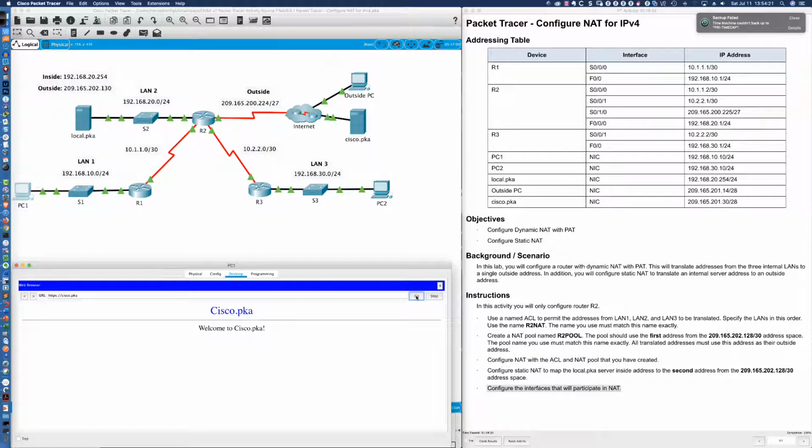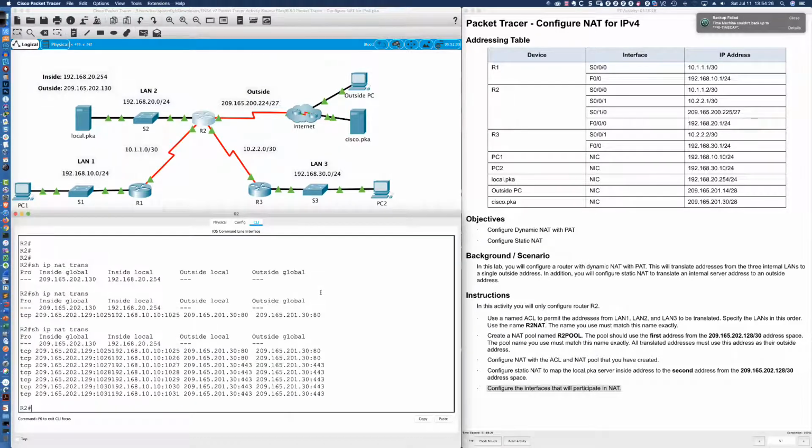And I can't tell if it's working or if we're just seeing the same page. So let's come up here and take a look. And sure enough, there it is, right? We end up with additional entries, and you may be looking at this thinking, wait a minute, that port number is way too big. But remember, that's the port numbers. It kind of runs together. The inside global column is running together with the inside local column. So you can see 1025, 26, 27, 28, 29, 30, 31. So there we go. That is all that was required for this activity.